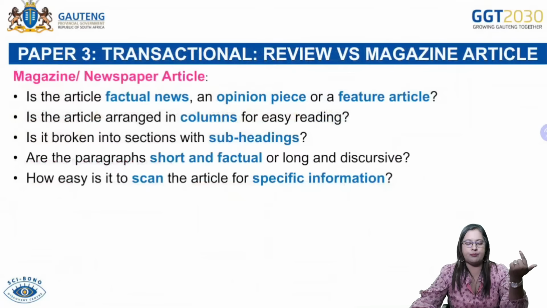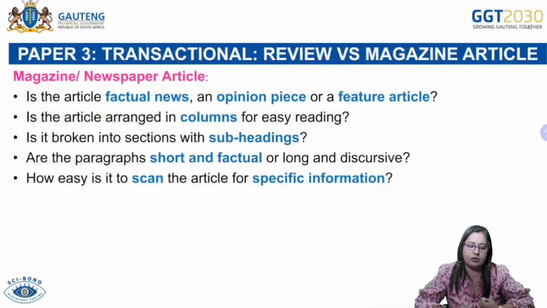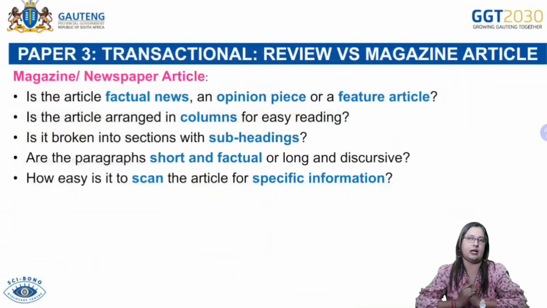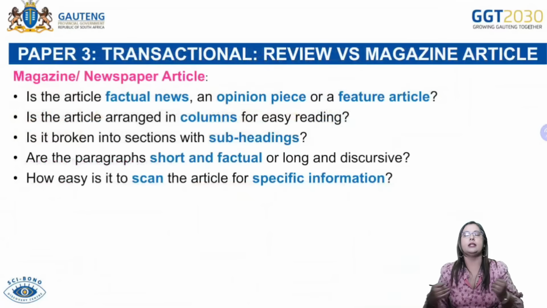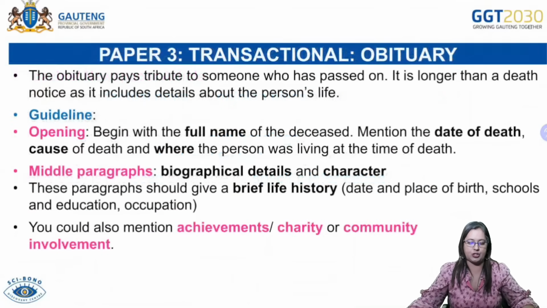Is the article then probably important in the sense that it's talking about a vital issue that is happening, that is supposed to be at the back of your head because that's the purpose for why you're writing this particular piece? Then you need to ask yourself, have I broken up the sections into subheadings? Are my paragraphs short and factual, for example, and not long? Okay. And if a person reads my article, can they just scan through and get the gist of what I'm talking about? All right. And then get the specific information, obviously.